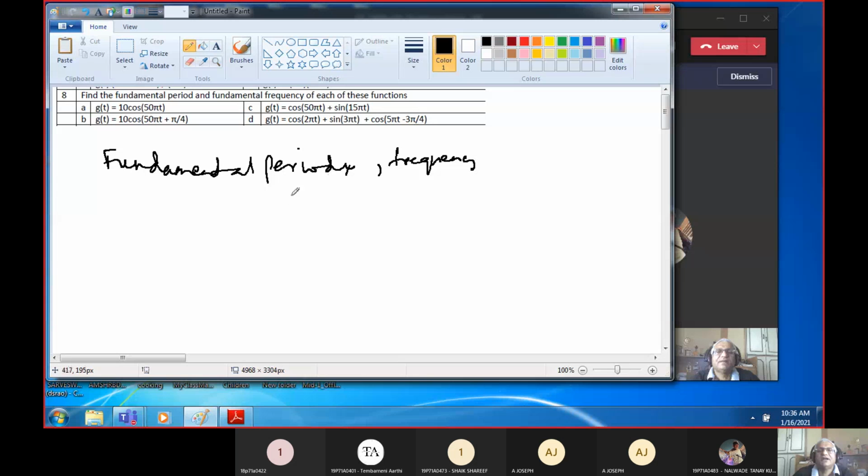So what is fundamental period? T. What is fundamental frequency? F. Obviously, both are related. So T is equal to 1 by F. Now, we all know that whenever we have a periodic signal,